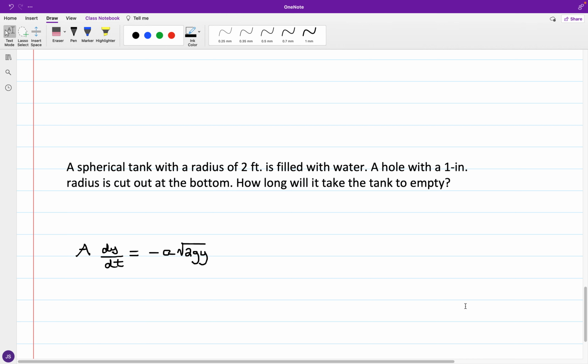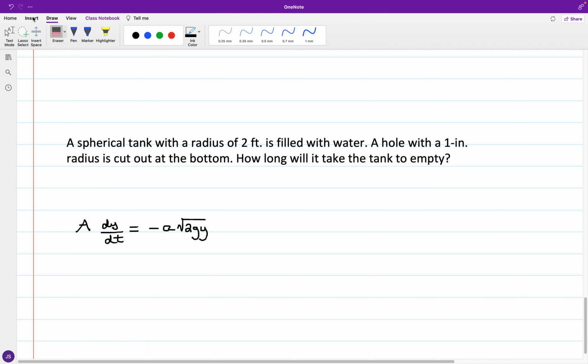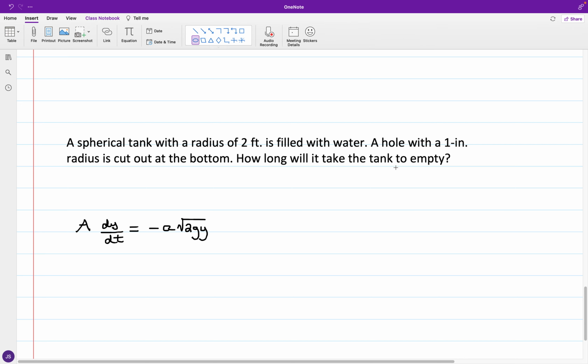water, and the tank has a radius of 2 feet, and we have, once again, just like the cylindrical tank, at the bottom of this spherical tank, a 1-inch hole that is cut out. That is a 1-inch radius hole to be cut out. And we have posed the question, how long will it take for this tank to empty? Okay, so in terms of setting things up, just go ahead and put in